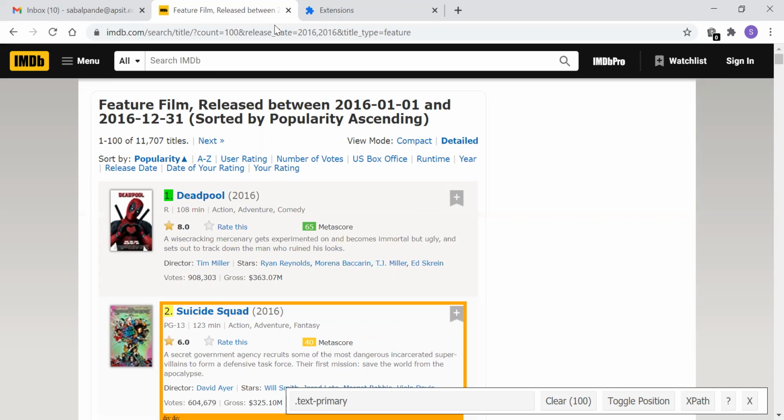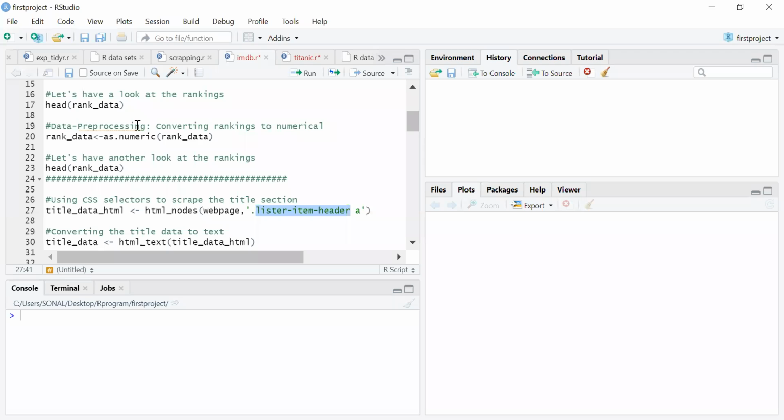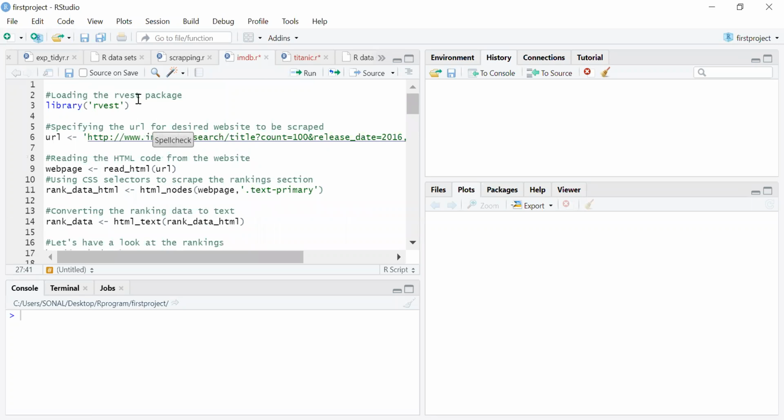Now let's go to RStudio. See, in RStudio, whenever I want to start this, I require the rvest library. The rvest library can be installed by going to Tools.